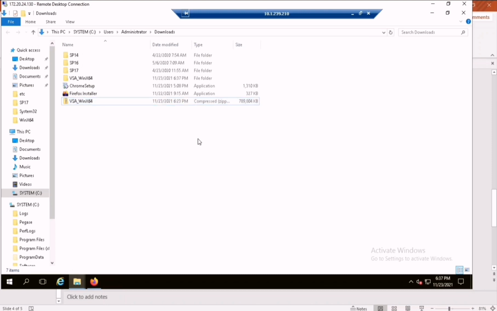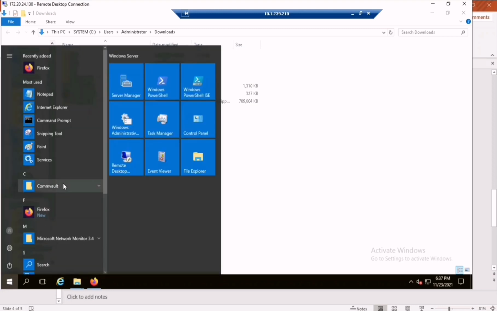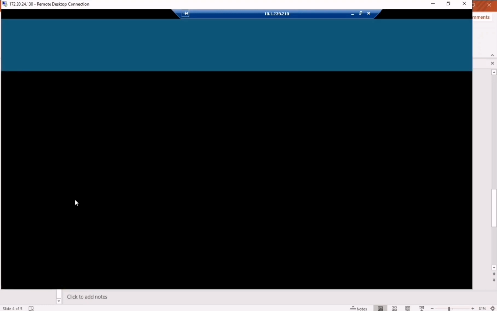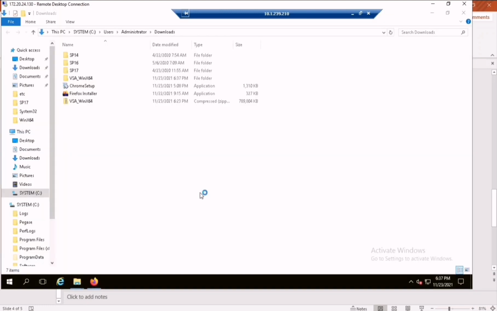Now in order to verify whether the installation is completed properly or not, you can just simply go to start and you can see a Commvault process manager is installed. Click on it.